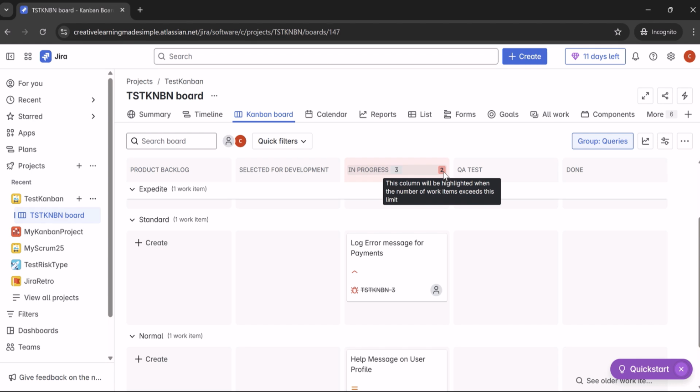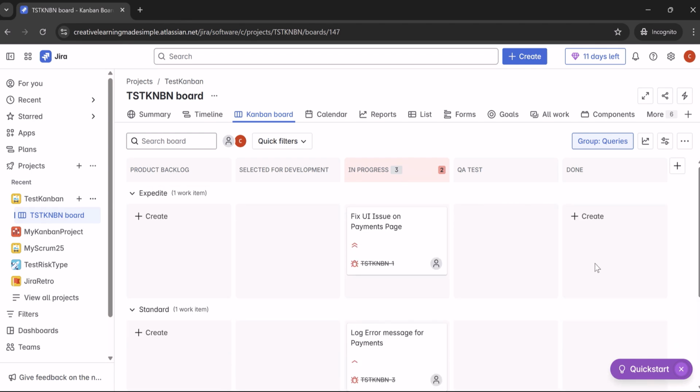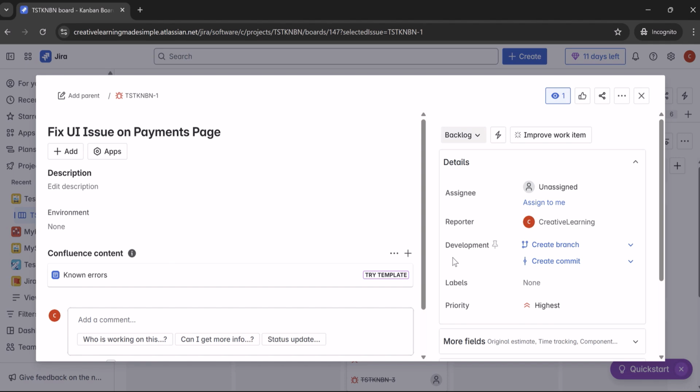So again, I was thinking it would explicitly show the WIP limit, but we have set the WIP limit, and now it is showing there is a mismatch. We are saying as a team that our WIP limit for in progress items is 2, but we have placed 3 cards, right? So it will hint to the team that we have one extra card in our in progress column, and we have to take care of that. So maybe we can remove this one. And since this one was struck out, what we can do is we can,